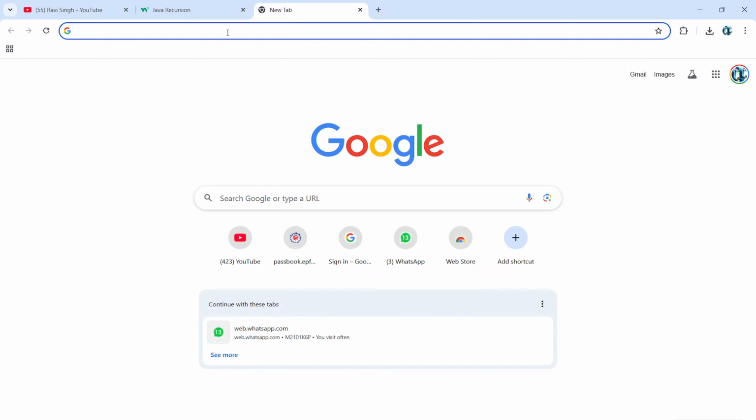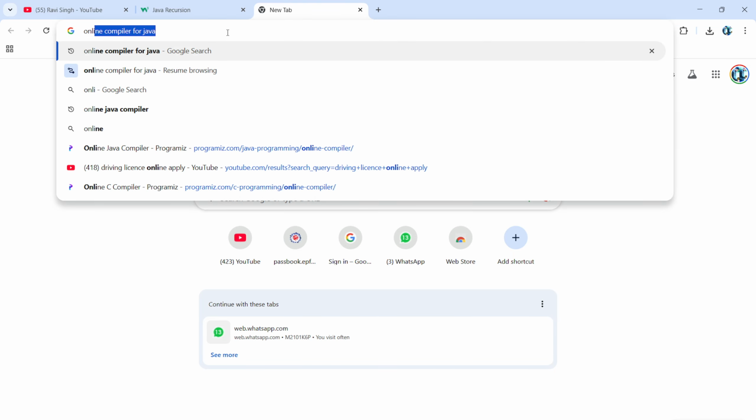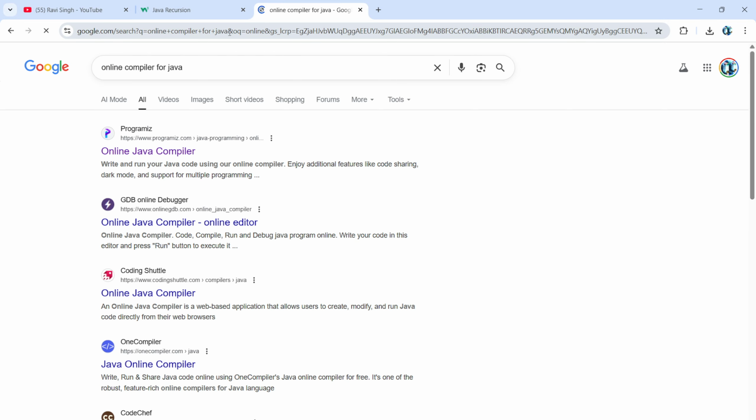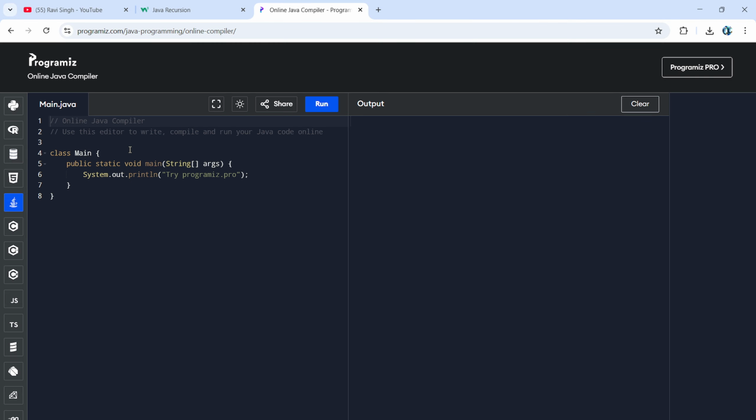We are using an online compiler for Java, which we are using for practicing recursion questions. Okay. So question one is,